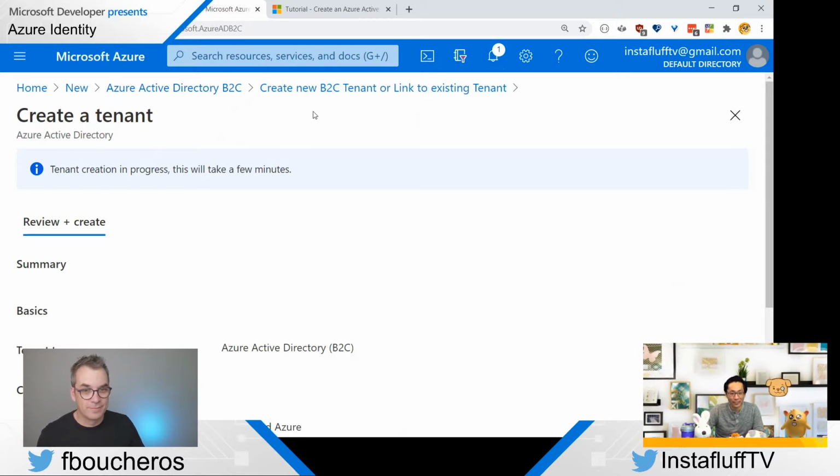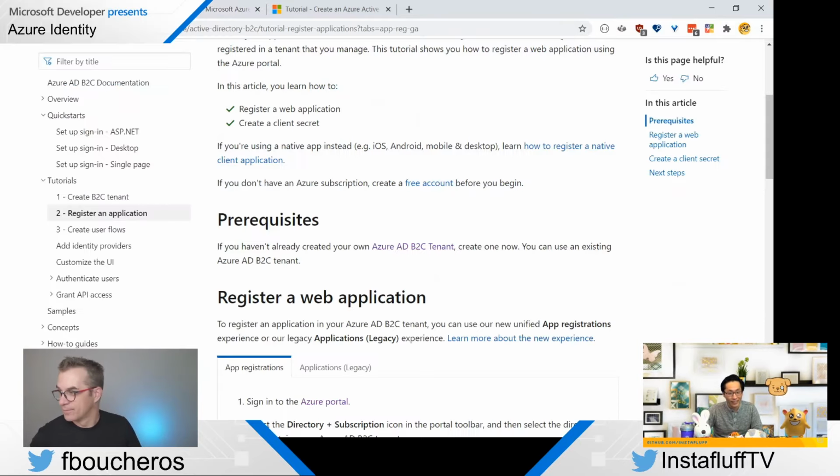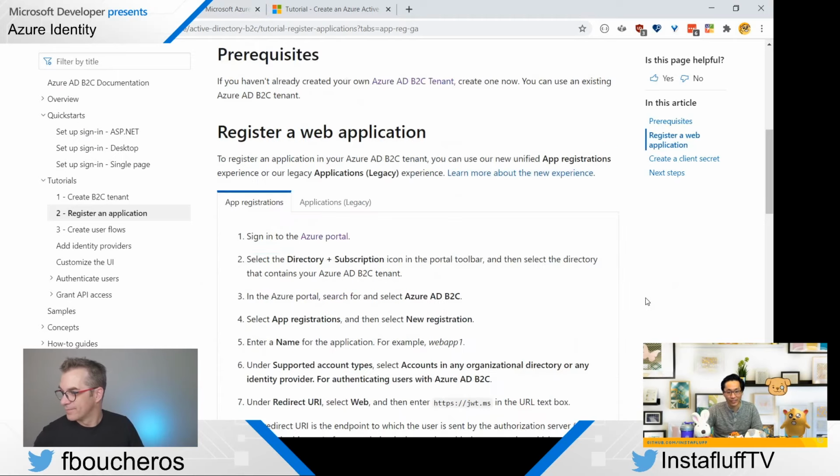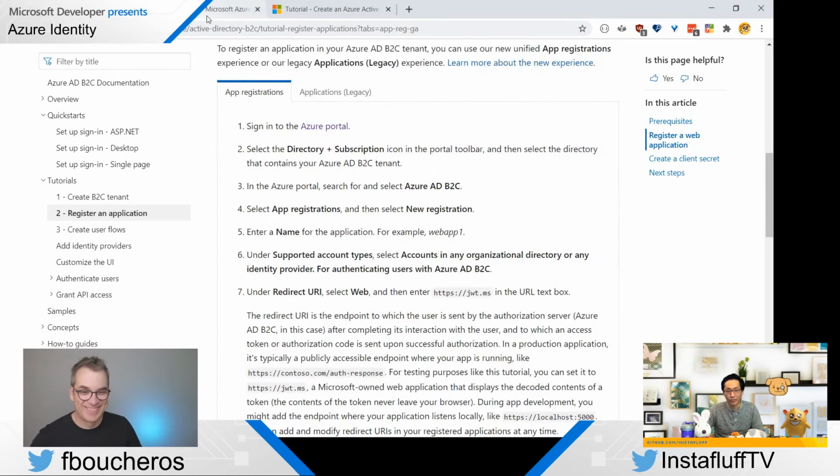And I forgot because I've only done it once, but once you create a tenant, it's not like you're gonna create multiple organizations all the time, right? And so you just have to do it once. So that's pretty easy. And then now we register an application. So you go to the portal and then you go search for Azure Active.